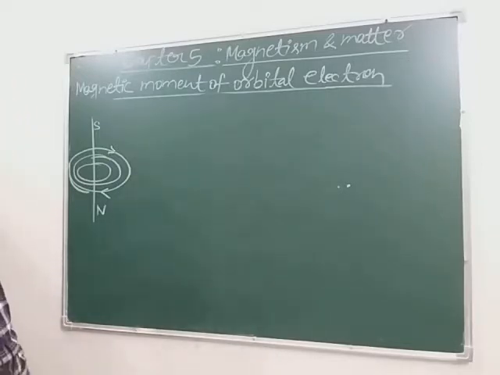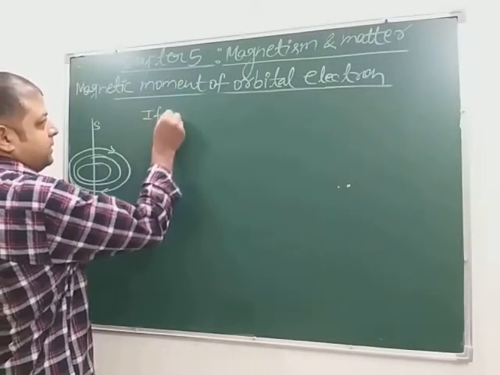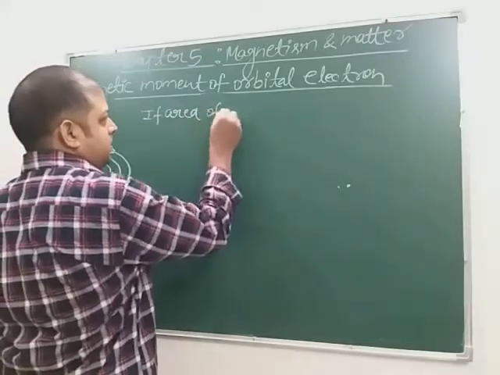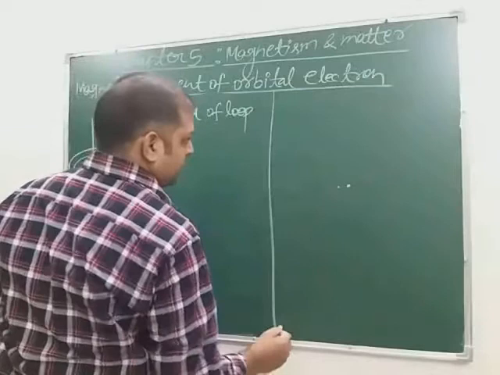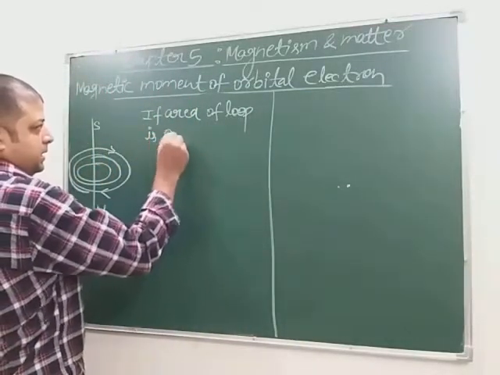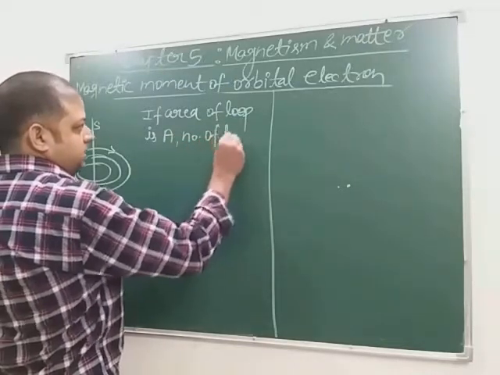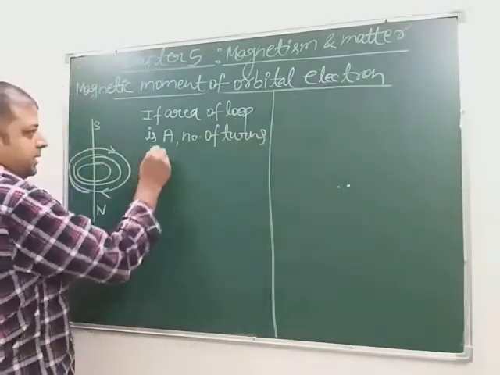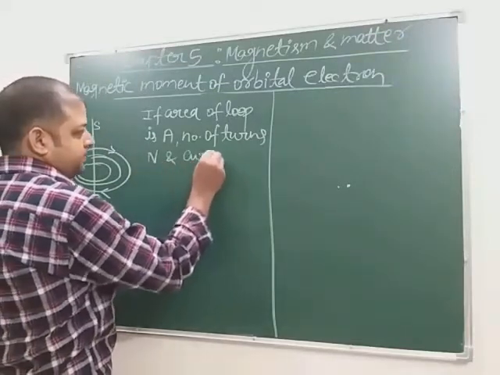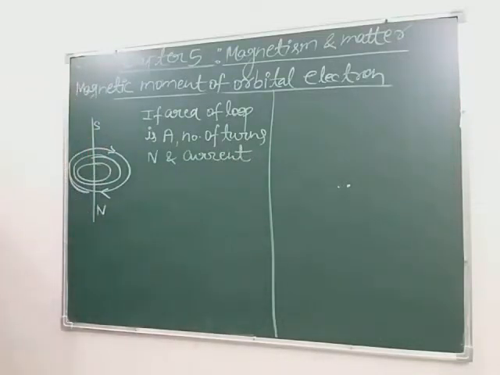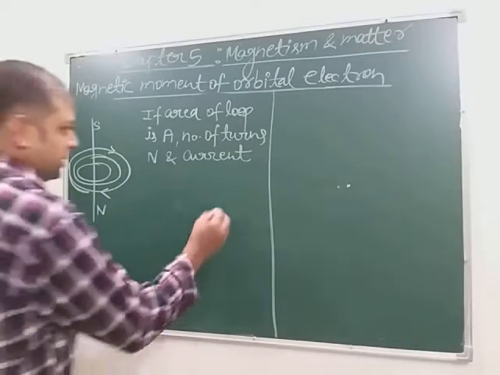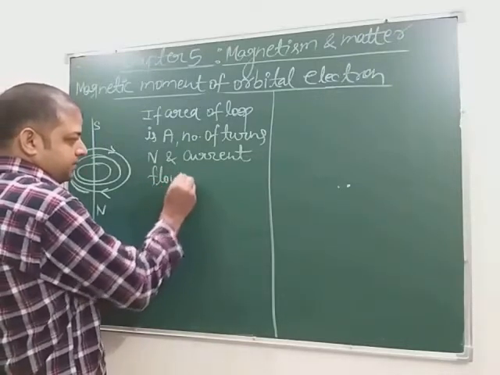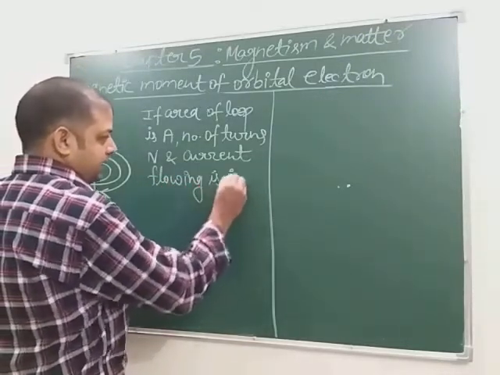So write down: if the area of the loop is A, the number of turns is capital N, and the current flowing in it is I, then